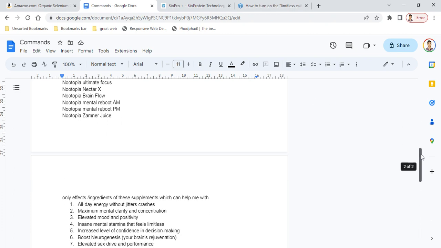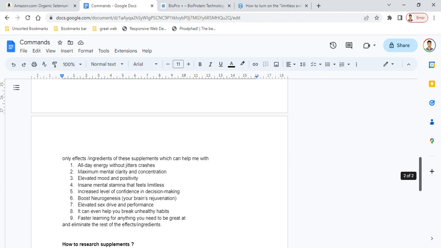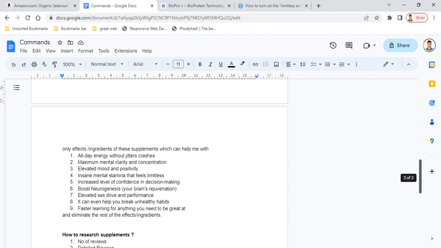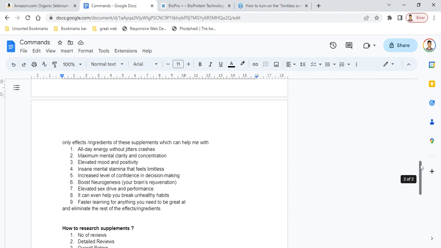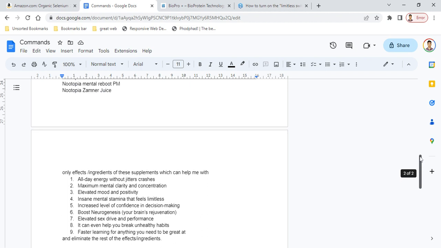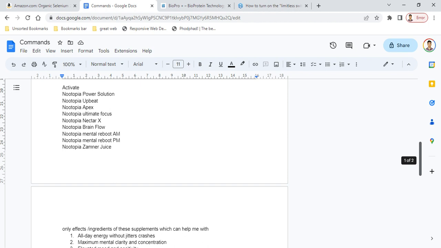the names and then say that only effects and ingredients of this supplement which can help me with all day energy without jitters and crashes, a maximum mental clarity and concentration, elevated mood, and you read out all the effects and you say that, and eliminate the rest of the effects and ingredients. So this kind of command will make sure that all the unnecessary effects or the side effects will be eliminated, or the ingredients will be eliminated and their effects will be eliminated, and